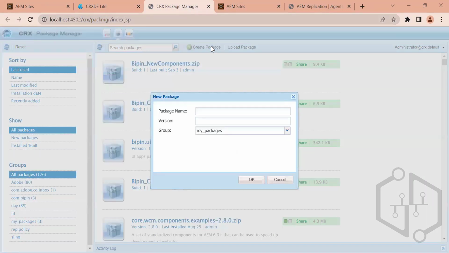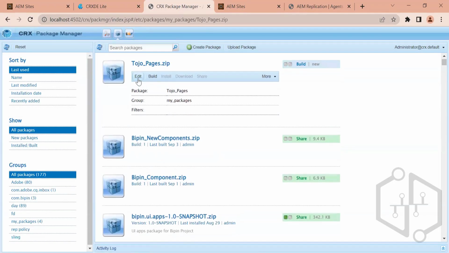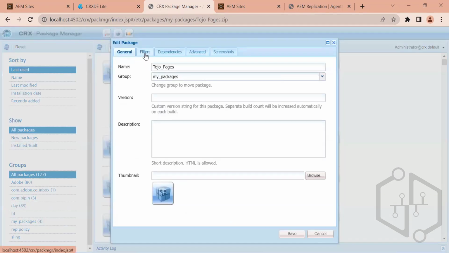If you want to create any package, let me go and say Tojo pages. Hello, this is what I was asking: can I see the zip file? It is there. Yes, that's what I told you. So here you can create. It's not that you can see the files of Adobe internal, but here you can create yours. You create the zip, and you can edit it, and inside the filters